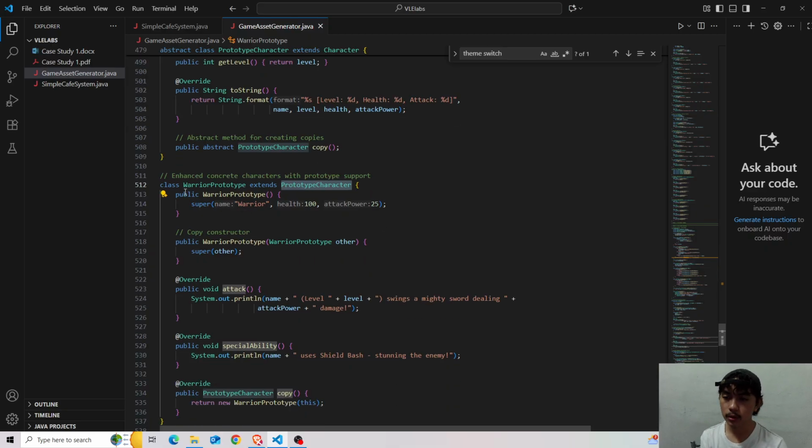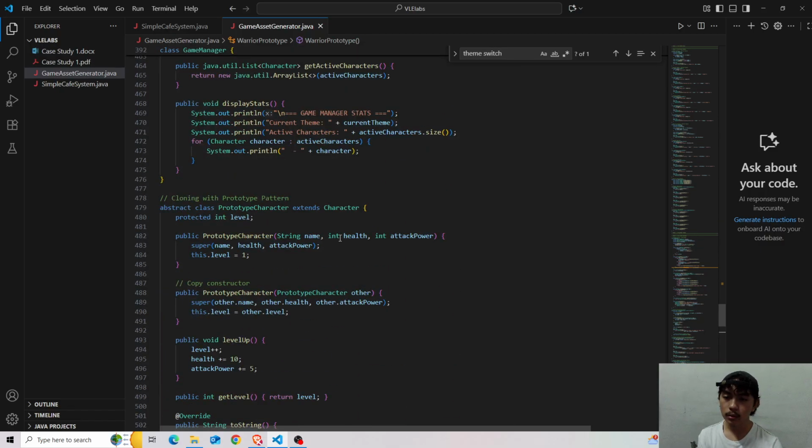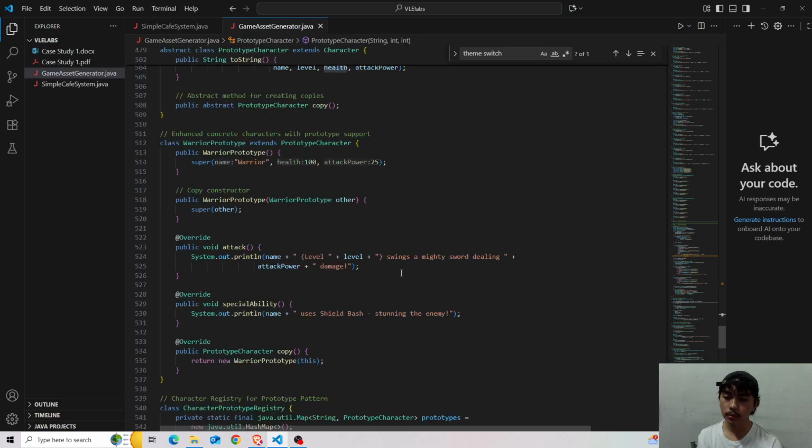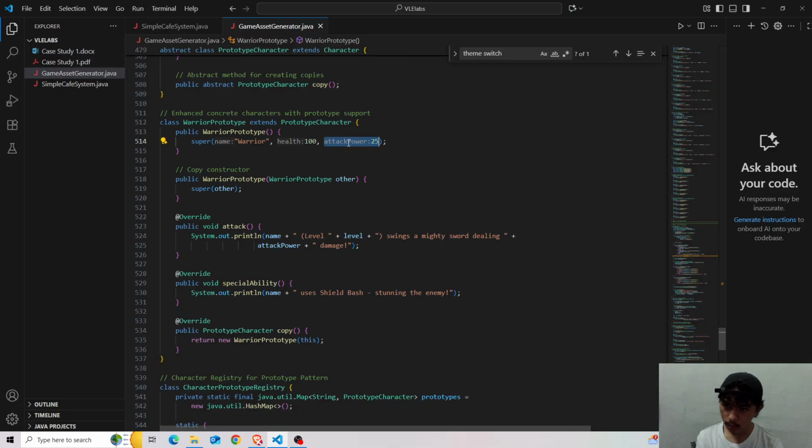Okay, so public warrior prototype method, we have the super constructor here, which is inherited from our prototype character constructor. We have a string name, int health, and int attack power. For the name, warrior, 100 health and 25, the same attributes as the prototypes that we have set earlier.